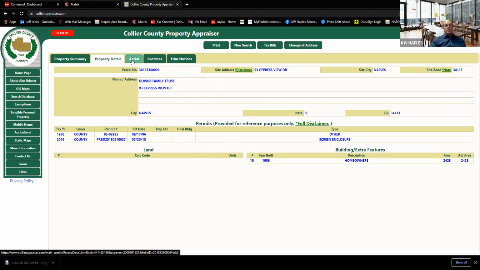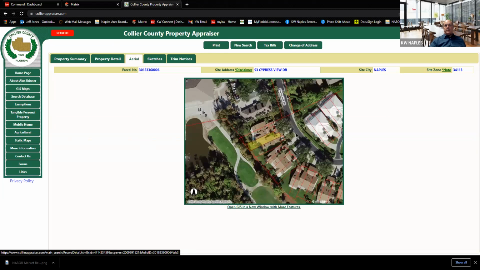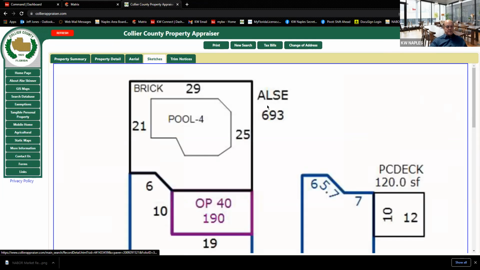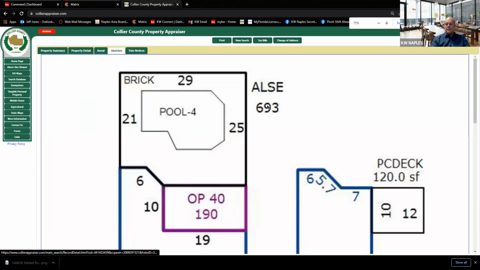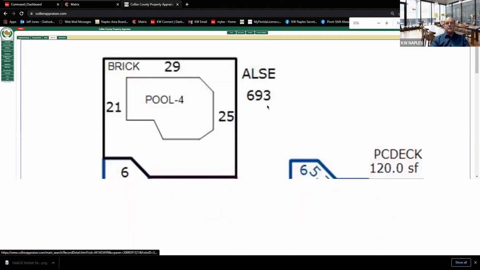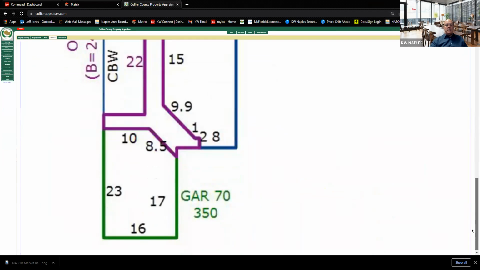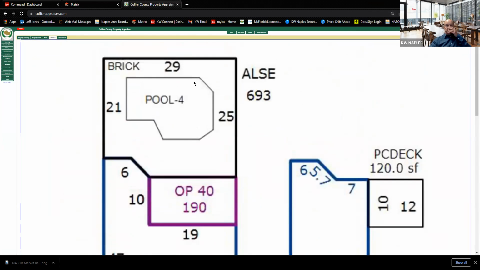So now I can also look at the square footage. And I can look at the aerial location of the property right here. And if it's a single family home, as this one is, I can look at the sketches. Not having much luck here. All right, so I can look at the sketches, and the sketches tell me, based on the outside dimension of the property,